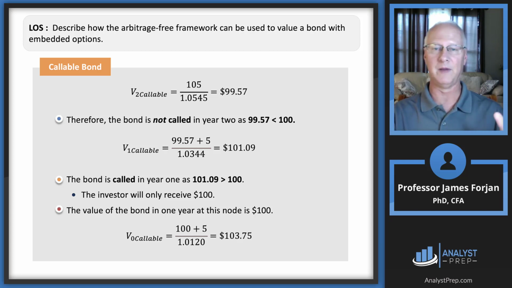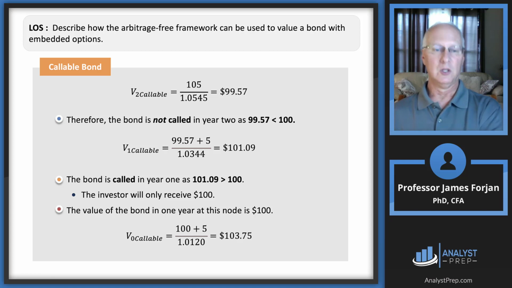Now, wait a minute. What are we saying? Interest rates are falling, right? 5.45 down to 3.44. The question is, have interest rates fallen enough for us to call the bond? And the answer is yes. 101.09 is greater than 100. So at that node, the investor will only receive the $100, not the 101.09 like we did back in the